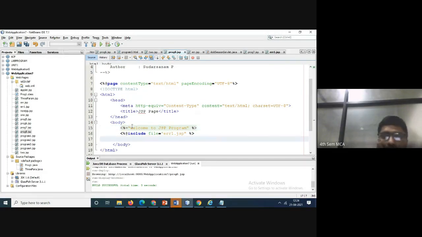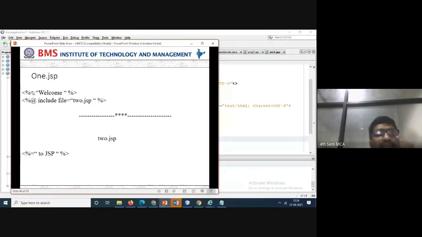Okay, now check how to run it. You have to see the PPTs here. Just one method: hash include the file and change the file. Every option is there based on your program. Whichever one is required, you can add it.